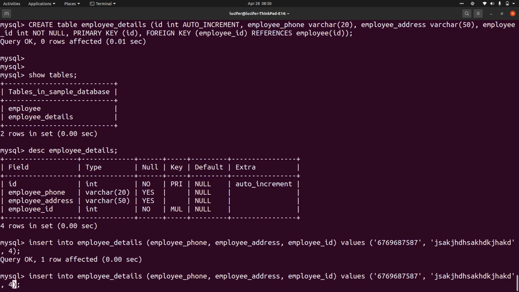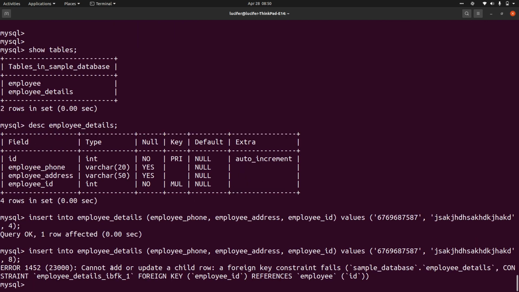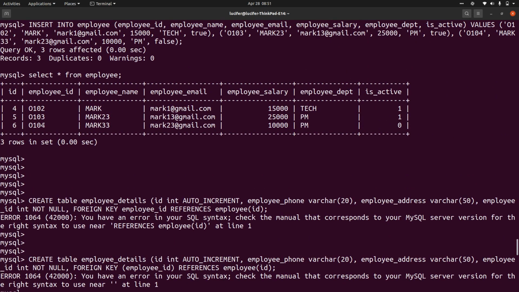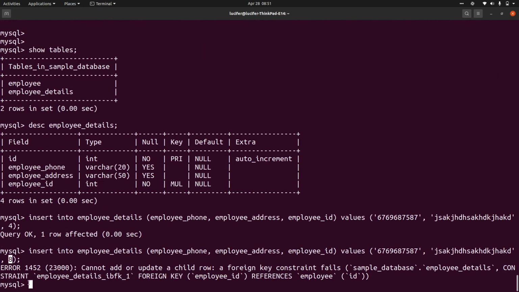But instead of 4, if I try to take 8, you can see that you cannot add or update a child. A foreign key constraint fails because this particular ID is not present in the employee table, right? So this particular ID 8 is not present in this table. So that's why this fails.